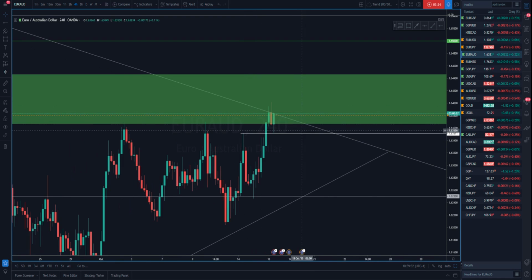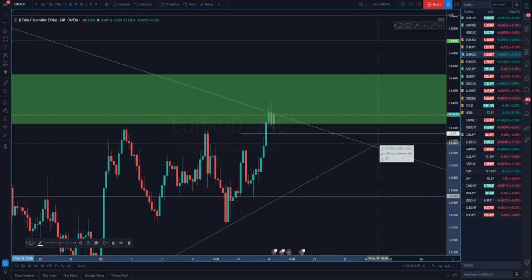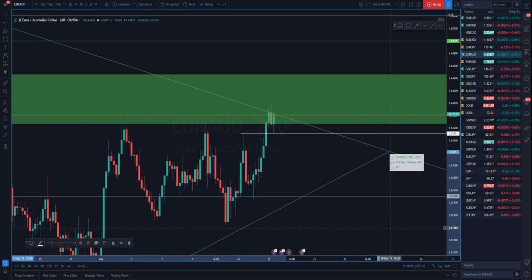Another question I've had from the group is, how do I spot these opportunities? Going back to the framework, at the end of the week you need to be doing your end of week market analysis. You've got your currency pairs, and you want to make sure that you adjust your framework, all the trend lines. You don't need to adjust your support and resistance lines, but you do need to move your trend lines in accordance with where the market's moved. You should be doing this on a real-time basis anyway, certainly daily.